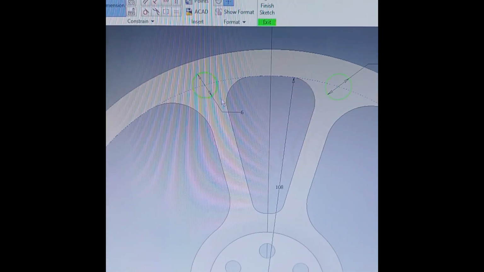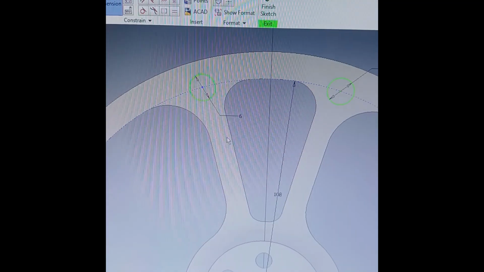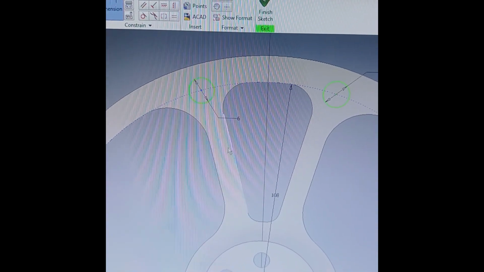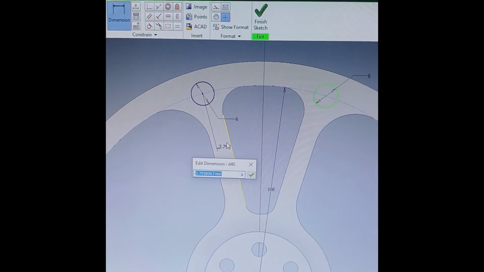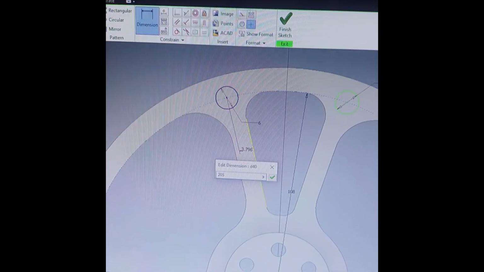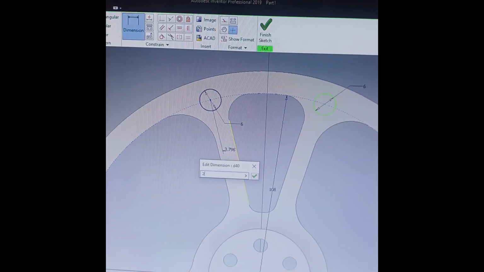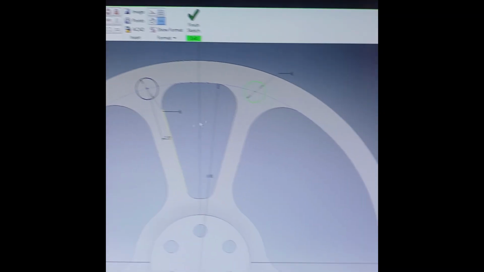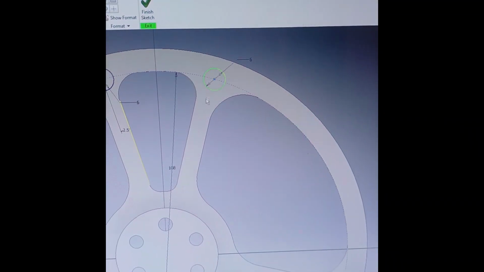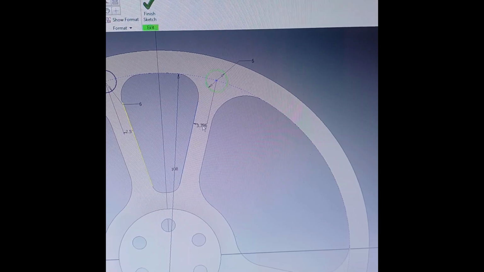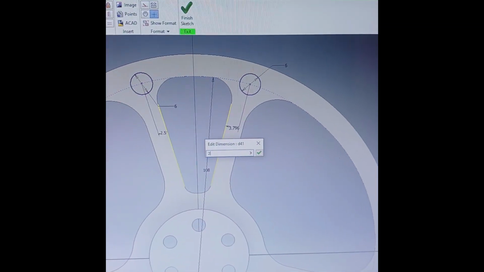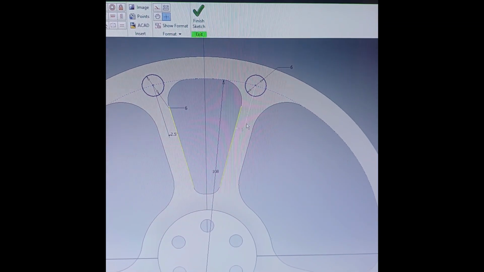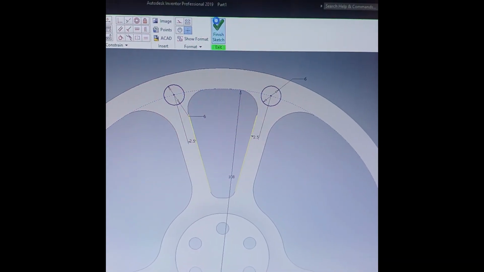If the point is not selected, first I'll select the point and the line and define this distance as 2.5. Okay, similarly here, select this and select here, define this as 2.5. Okay, now finish sketch,